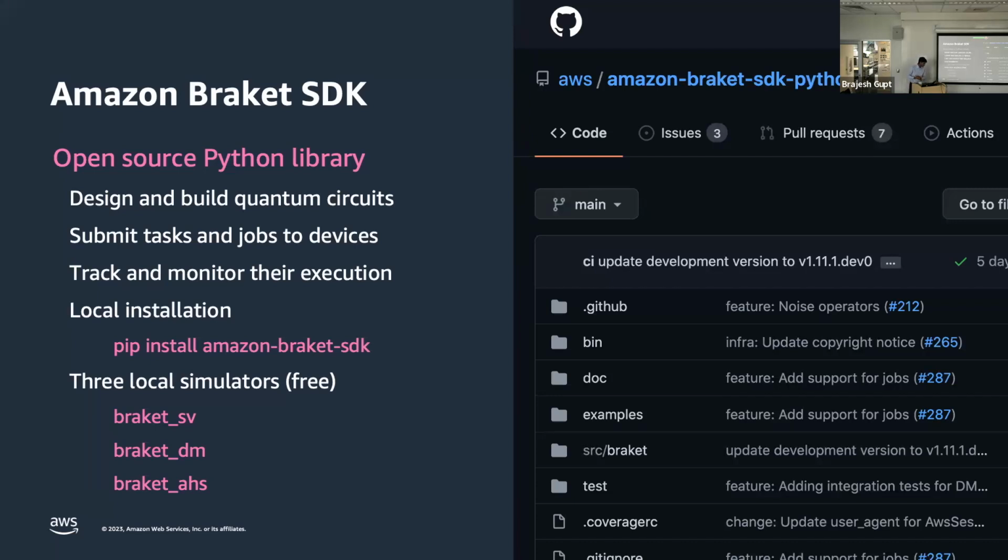Okay, all right. So Amazon Braket SDK, it's an open source Python library, and basically to do testing and prototyping, you don't need an AWS account. All you need to do is basically pip install Amazon Braket SDK on your local laptop. So using Amazon Braket SDK,